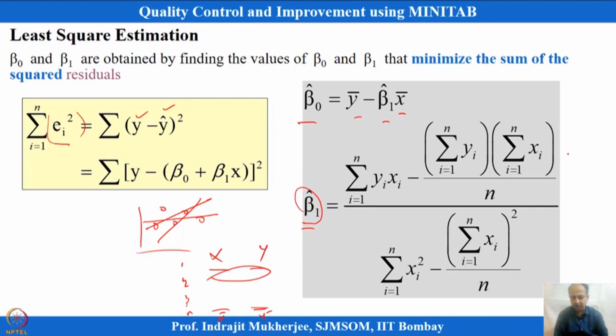So, this is a complex one, but it is not difficult because I know the values of xi, i varies from 1 to n, the number of observations that we are considering over here. So, all these values can be calculated and beta 1 can be calculated, and when beta 1 is estimated, beta 0 can also be estimated. Now, MINITAB does it automatically. This is based on the solution of normal equations over here,